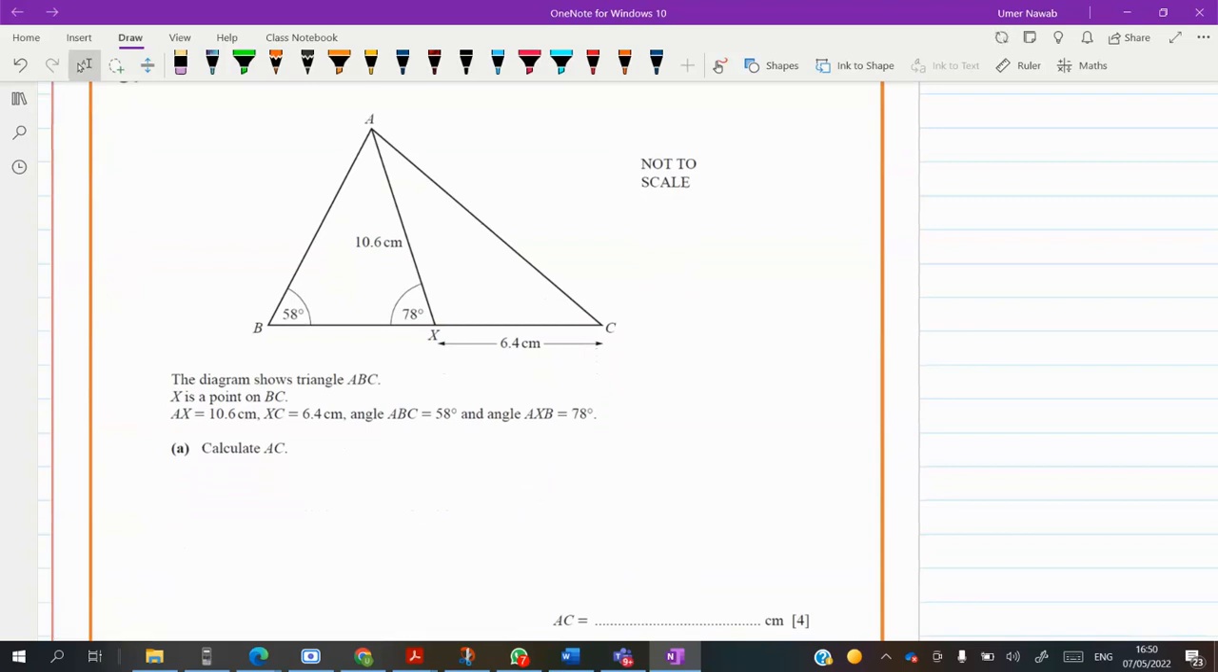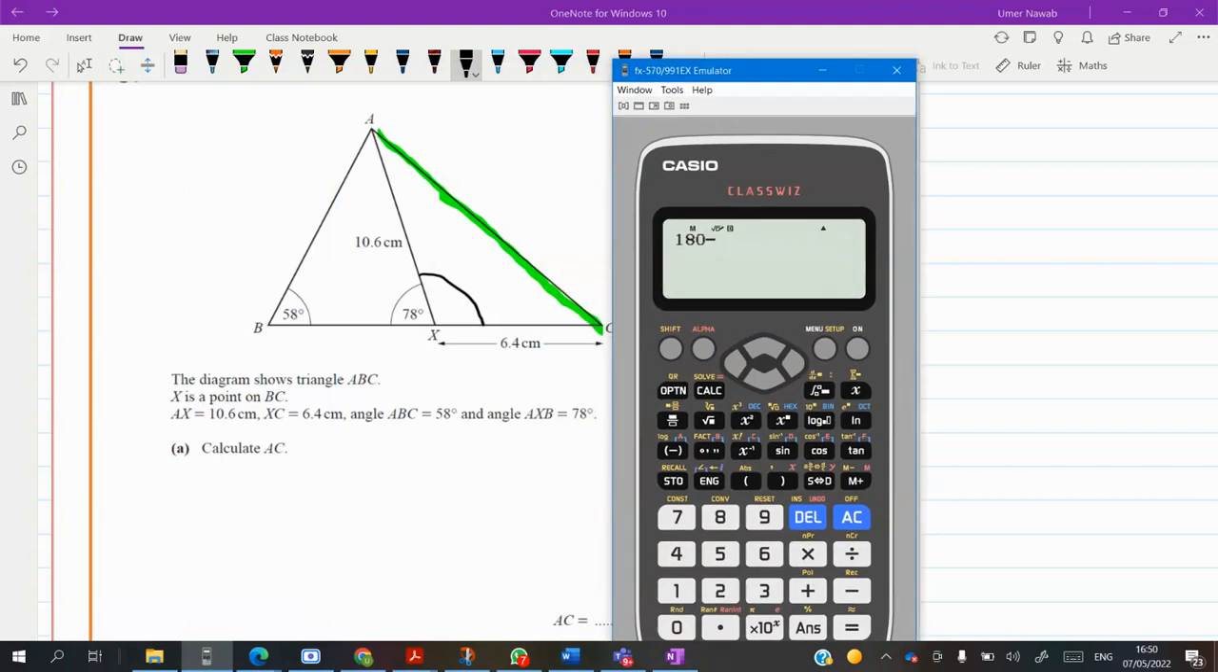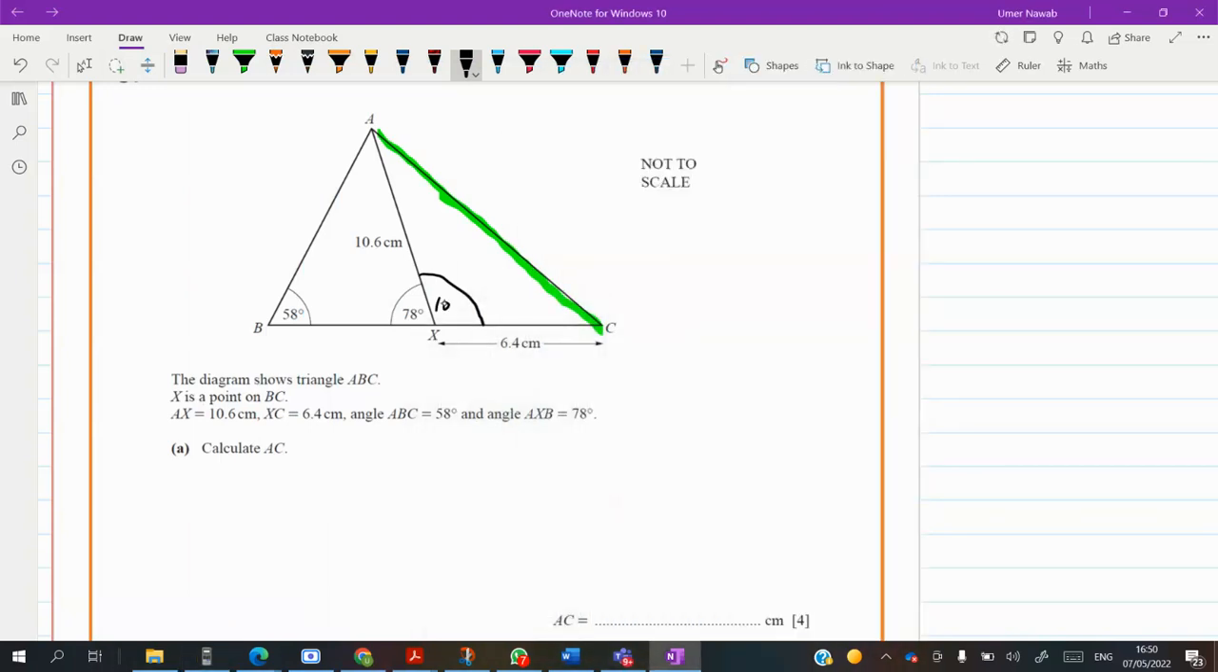We want to find AC. So which information is provided? Can we find this angle? 180 minus 78. It gives you 102. Now I want to find AC. That is a square root